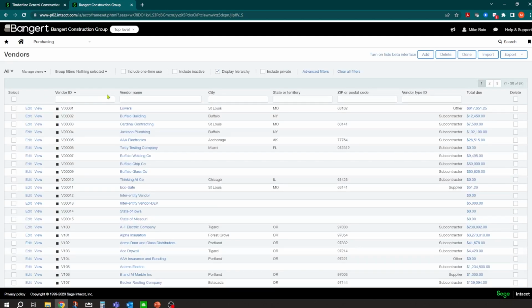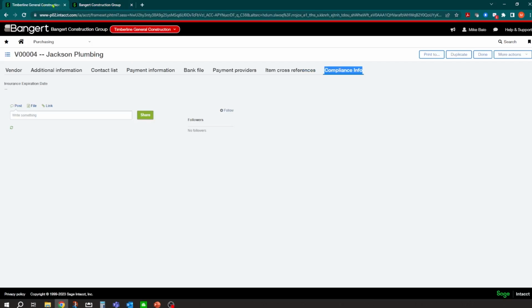Okay. So that's just a little tidbit on some of the customization you guys can do yourselves to help you track your subcontracts in the system however you see fit. And you can add and delete and make these inactive as you go and as you get more familiar with the system and refinement. So what we're going to do now is let's go in and let's enter a subcontract.